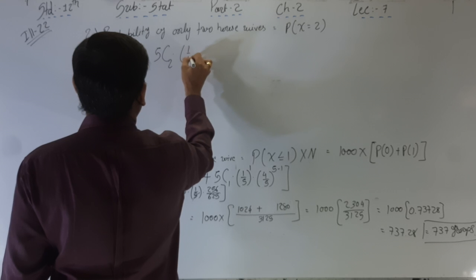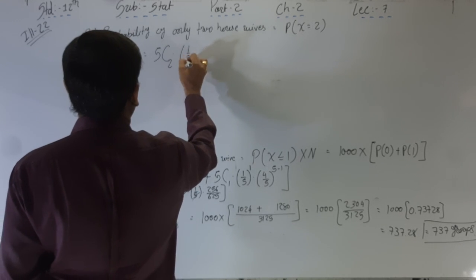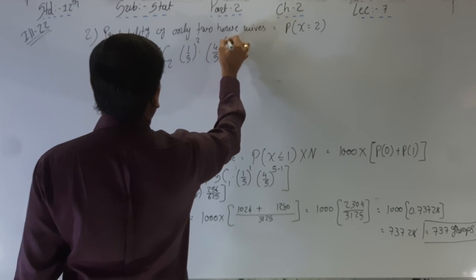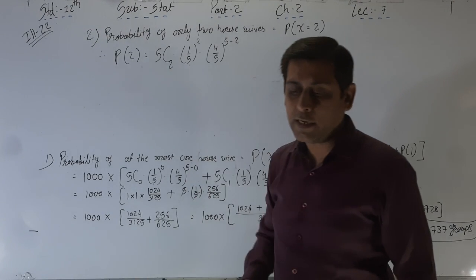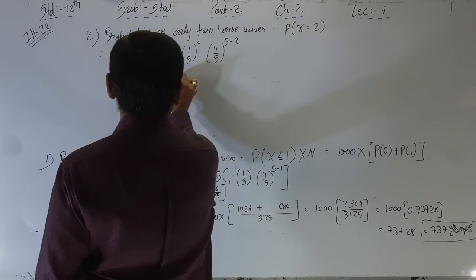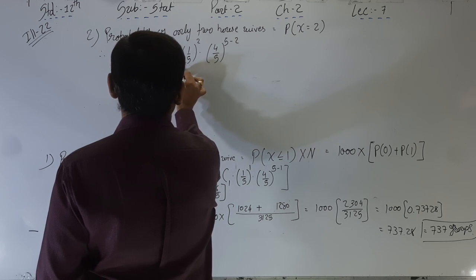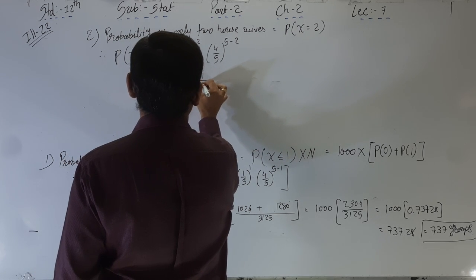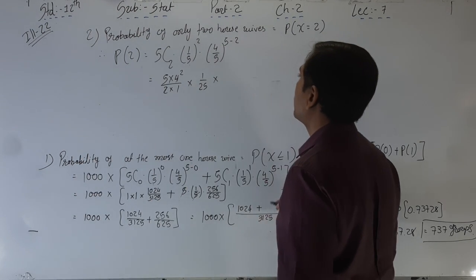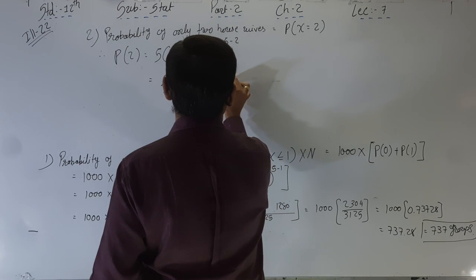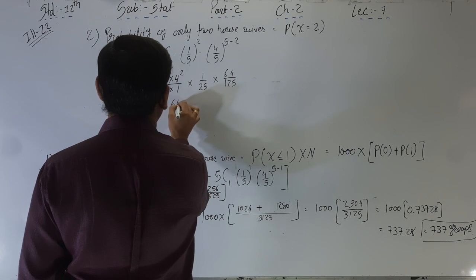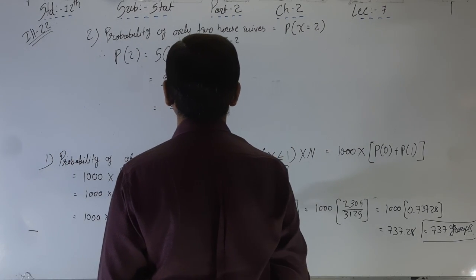5C2 into 1 by 5 raised to 2 into 4 by 5 raised to 5 minus 2. It's very easy. Just simplify it. 5C2, that is 5 into 4 by 2 into 1, 10, into 1 by 5 raised to 2, that is 1 by 25, and 4 by 5 raised to 3, 64 by 125. So the final answer is 640 divided by